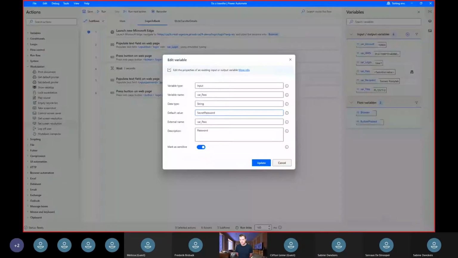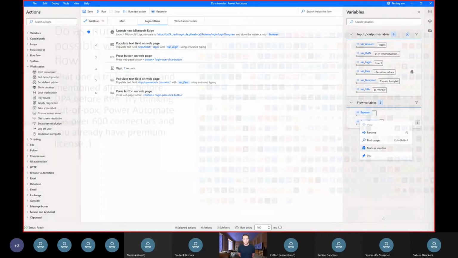Right, and that's just another piece of information from the Desoflow perspective. So when you're editing a variable or creating a variable, you're able to mark it as sensitive, and this way that value is not going to be visible in logs. This is just going to be escaped with asterisks. All right,